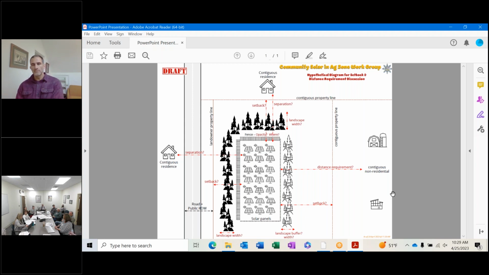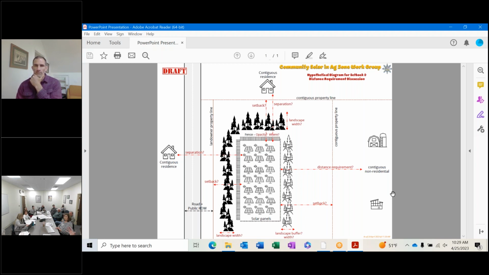The state is required to take into consideration local zoning, but they do not have to conform to it. Prior to our local code, we did not allow solar on ag at all. So the developer would look at the Carroll County zoning code and say they don't allow it at all, then go back to the Public Service Commission and say there's nothing to consider because Carroll County doesn't allow it on ag at all. So we want to move forward. And the state could say, yep, you can go ahead.